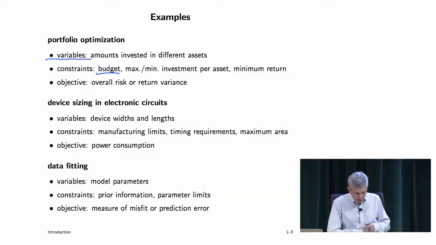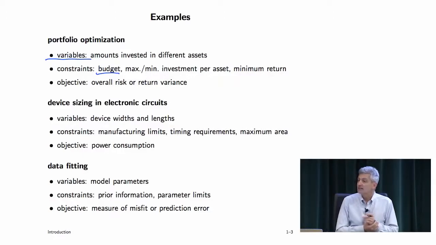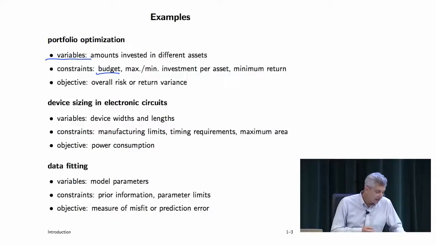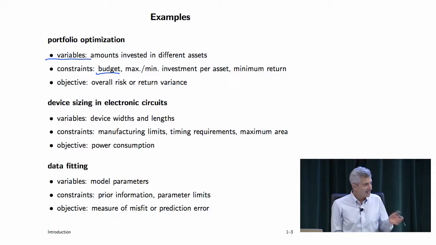There might be maximum and minimum investment per asset. Very common is that it's required that the x's be non-negative, right? That means that you can't have short positions, that you can't own a negative number of shares. That's actually required legally in a bunch of situations, like for example, mutual funds in the U.S. You're just not allowed to own a negative number of shares. Hedge funds, that's false. You're allowed to.